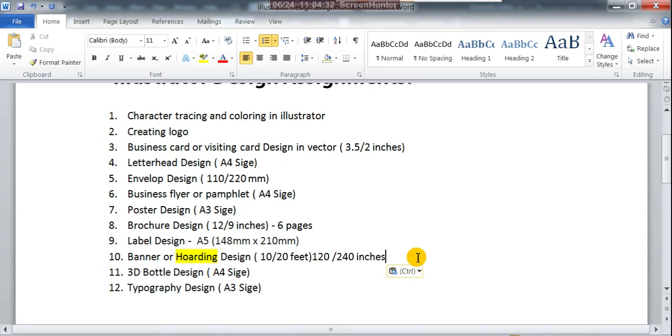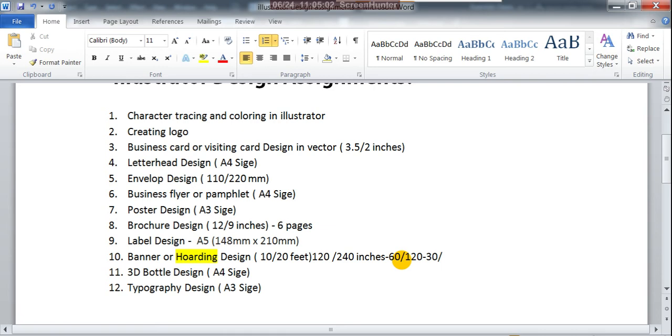Proportionately, you can make it half. 120 half is 60, so 60 by 120, and again make it half, so 60 half is 30.